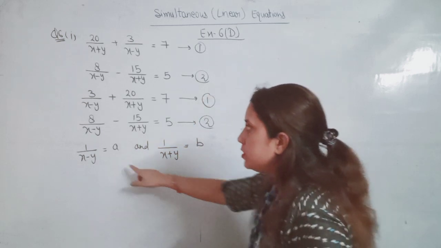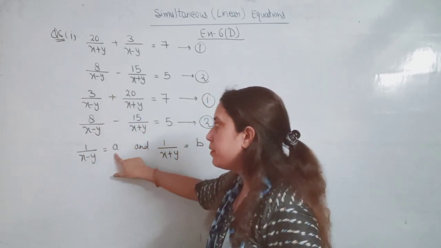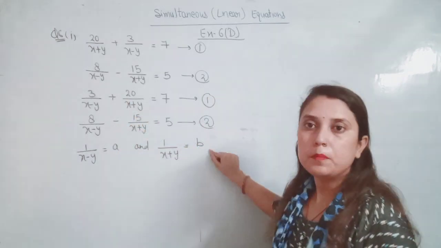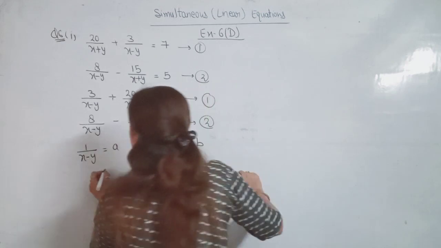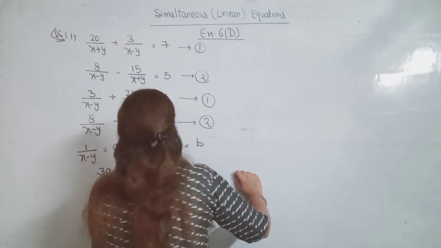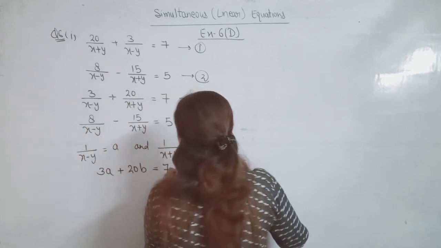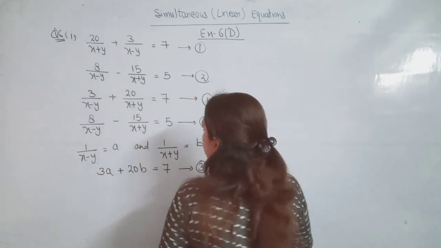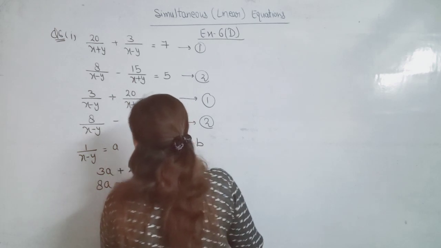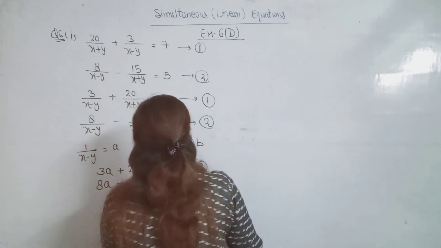In place of 1 upon x minus y we put a, and in place of 1 upon x plus y we put b. So the equations will be 3a plus 20b is equal to 7, equation 3,